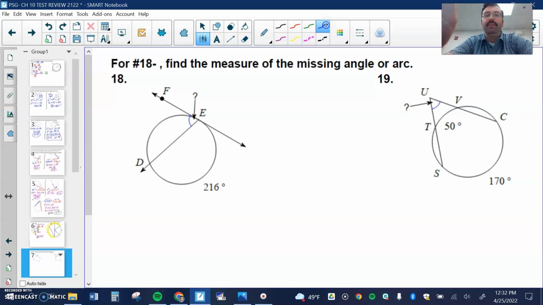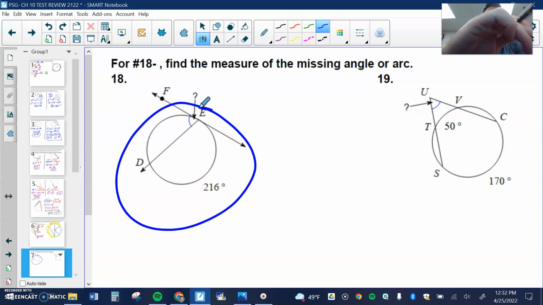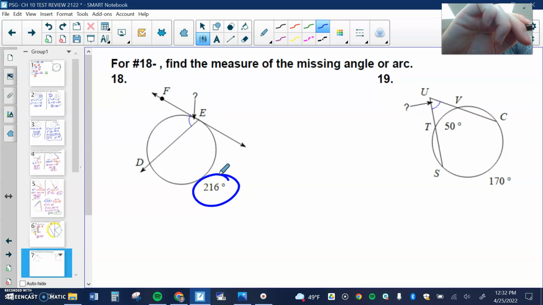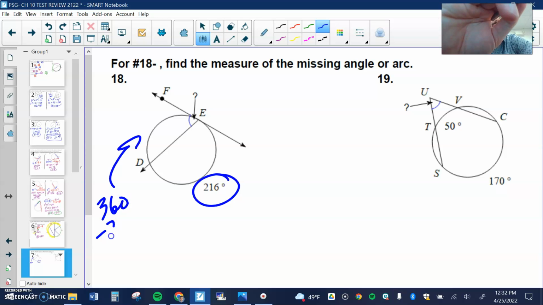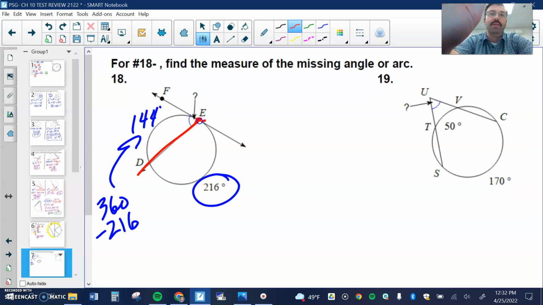Keep going. These are some more practice of these. If a circle, the whole thing is 360 degrees, and it gives me that this piece is 216, and the other arc is going to be 360 minus 216, which is just 144. Well, the question mark is on the circle. When it's on the circle, I just do divide by 2, which is